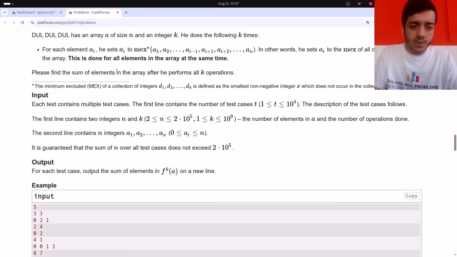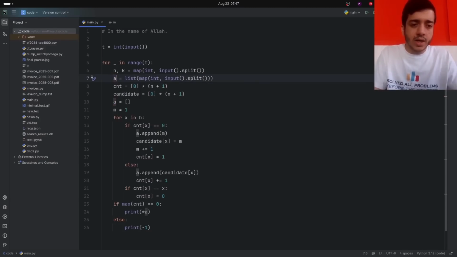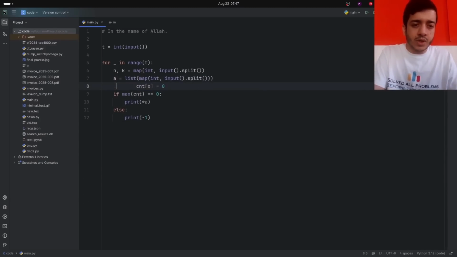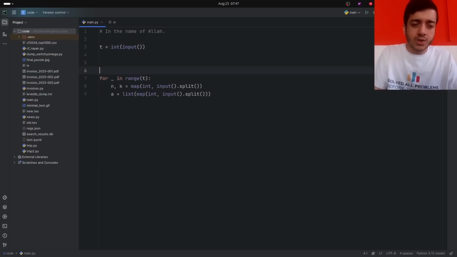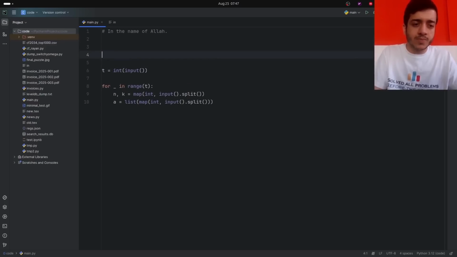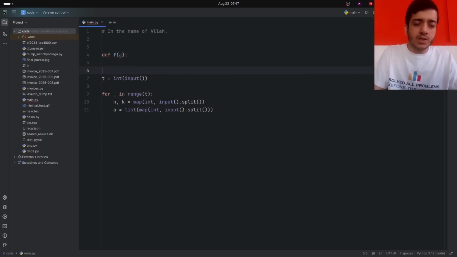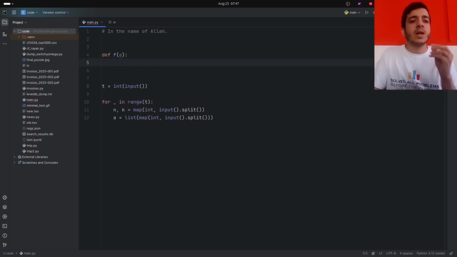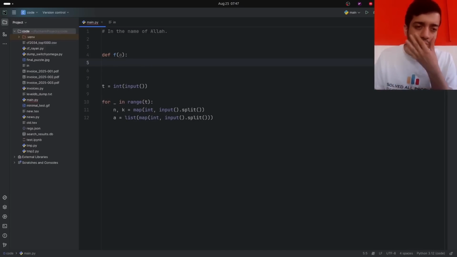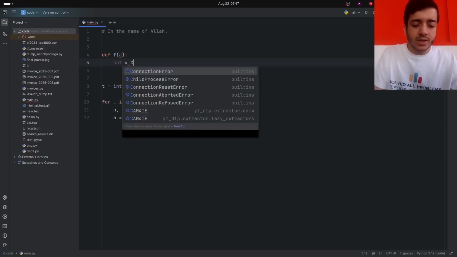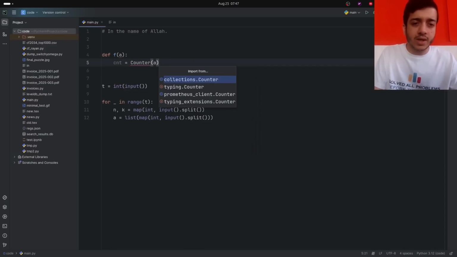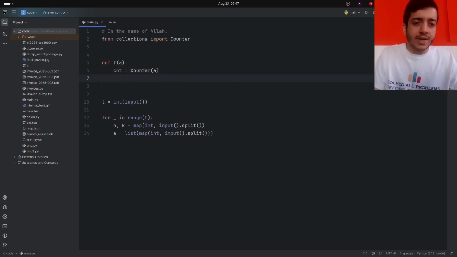N on k. Then array A. Then let me define a function here, f, which takes a and returns the array f. First, let's write cnt is counter of a, then return